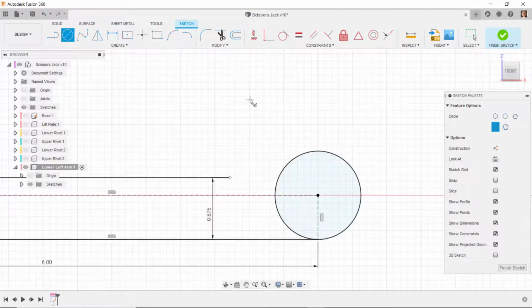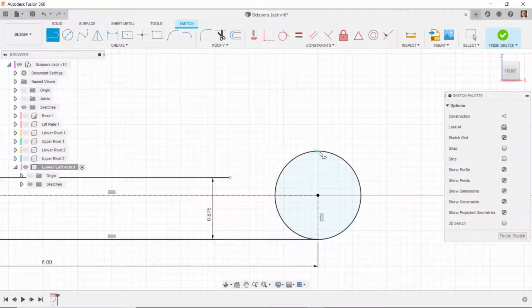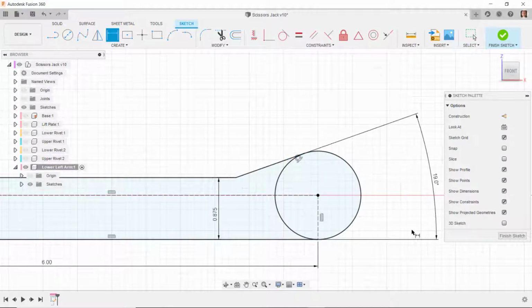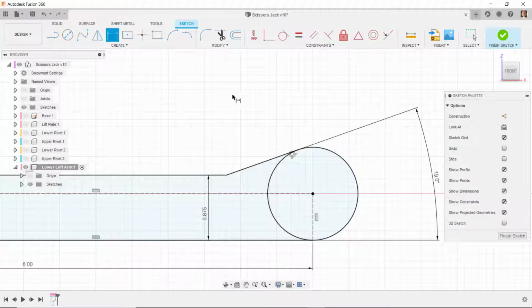I will draw a line and I want it tangent to this arc someplace. I'll click and drag. It's going to put a tangent on here, and I should have left well enough alone. There we go. I'm going to come down to here. I'll put an angle between this line and this line of 19 degrees, and then I'm going to draw a